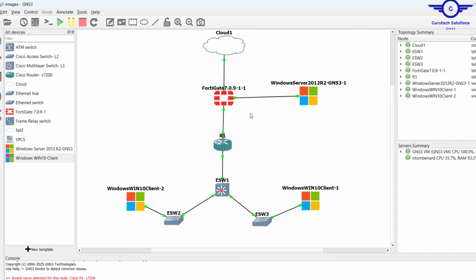Okay, so for you to have this beautiful infrastructure, you need to download and import or upload these images on GNS3. I already did videos for Cisco images, Cisco layer 2 switch, layer 3 switch, Cisco router, as well as Microsoft Windows 10 client and Windows Server 2012 R2. I also did one for Fortigate, but now let me do it again so that you get the images as well and the steps to do